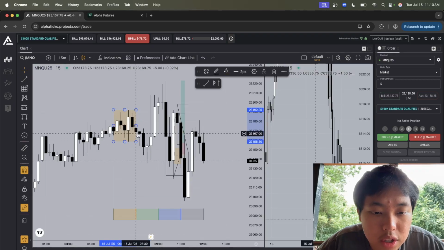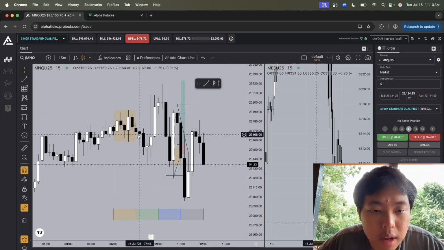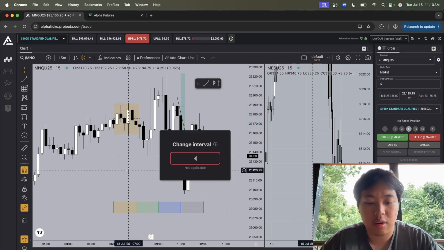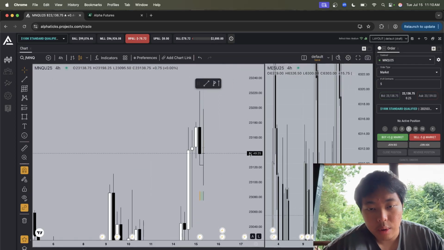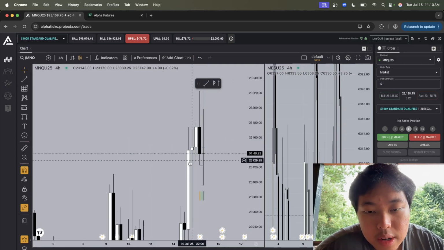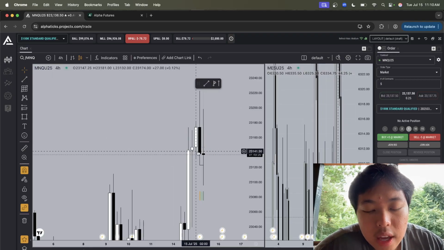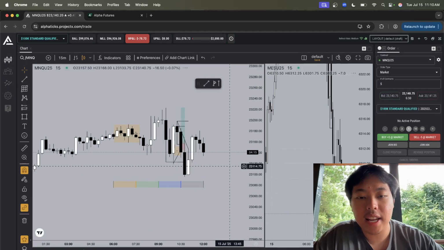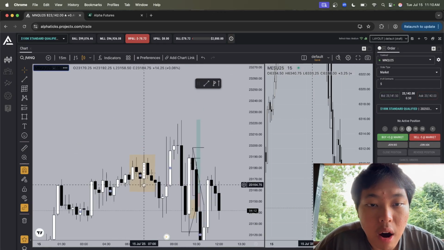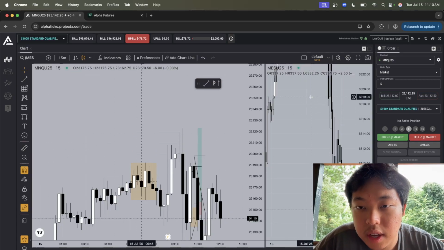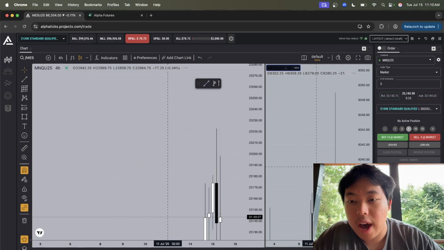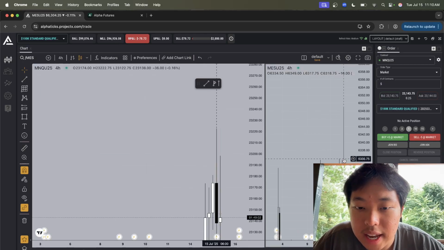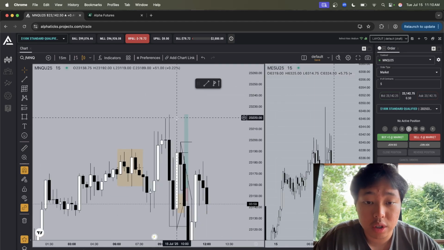All right, we have accumulation, right? And then it looks like we manipulated here, because if you look here on the 4 hour. So we broke out of the accumulation range, but we didn't tap anything higher on the 4 hour or the daily. So I didn't anticipate this to be the manipulation, but on here, I anticipated this to be the manipulation because if you go here on ES, we haven't swept out this high yet. So once ES did that, I was like, okay, look, this looks good for shorts, right?